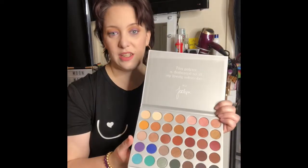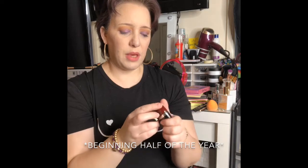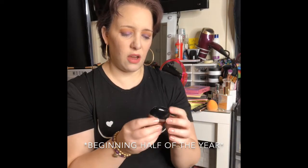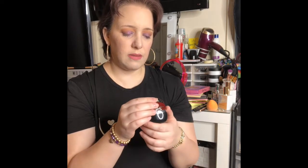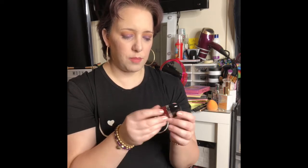So yeah, that's number 5. Okay, so number 6 is a nail polish by Marc Jacobs. It is a beautiful red nail polish. Now this is something I picked up in the beginning half of the month. It's in the shade 218 My Glaze. It's a beautiful